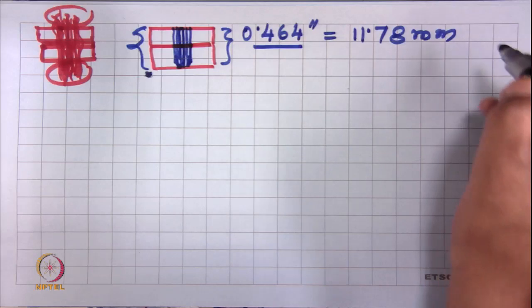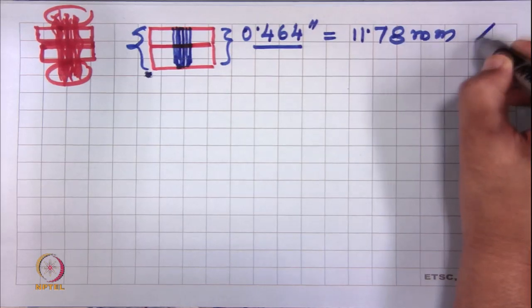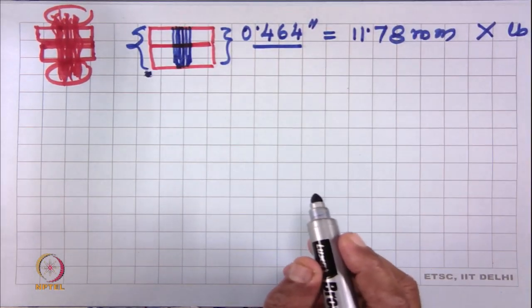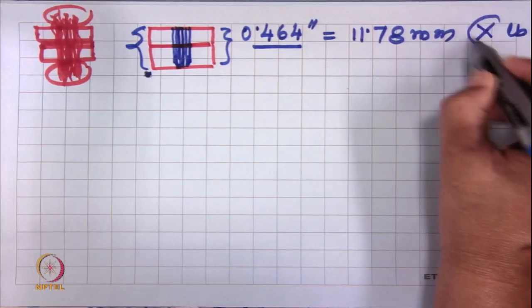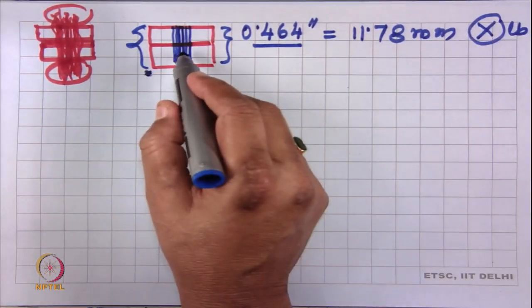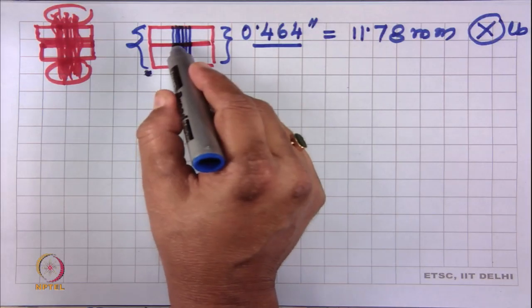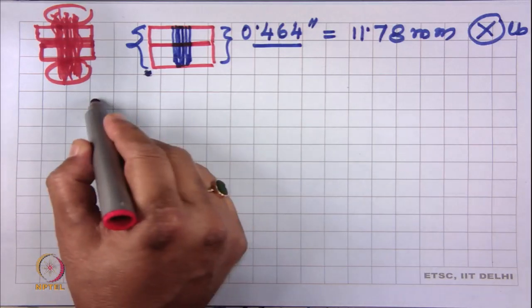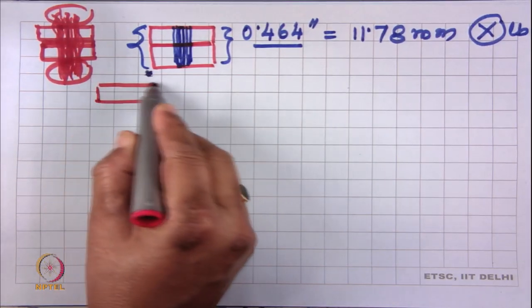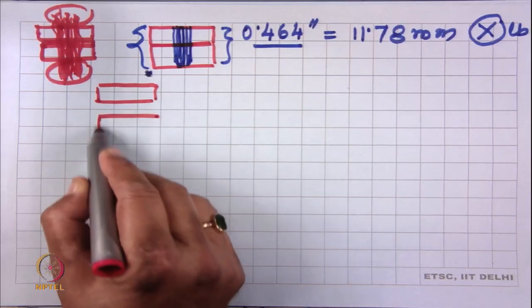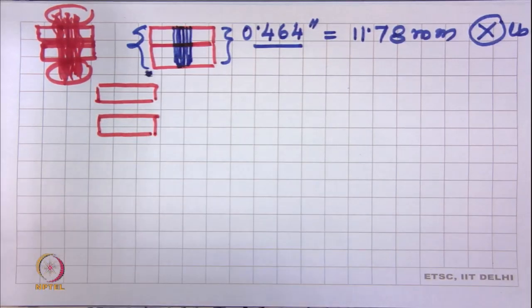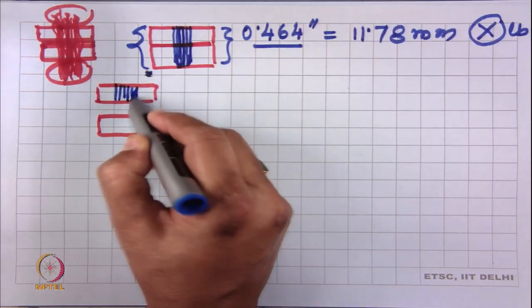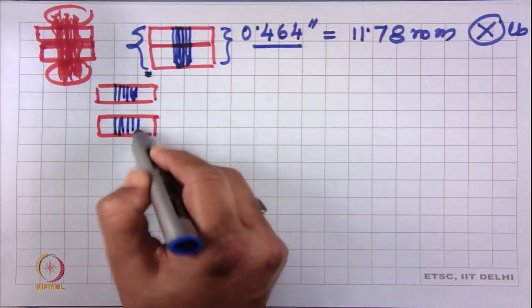suppose it is breaking at a load of, say, x pound, at x pound it is breaking. After breakage we take out these jaws. So, these jaws will be separated after breakage, this is the top jaw, because the fiber bundle has broken and the fiber bundle will remain like this. This is with the top jaw and these fibers at the bottom jaw. Okay.